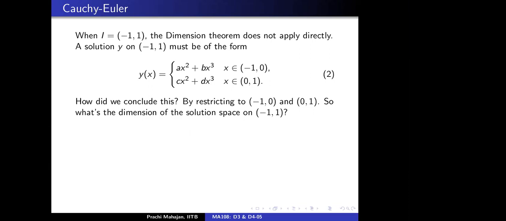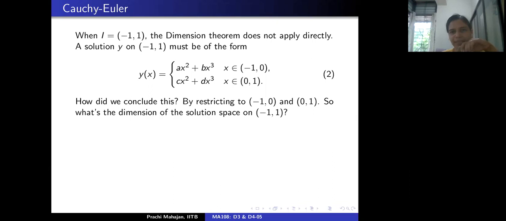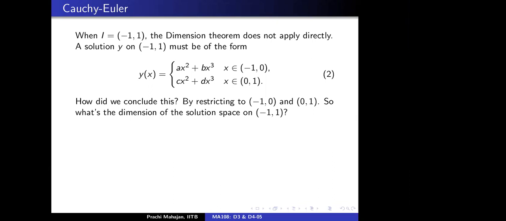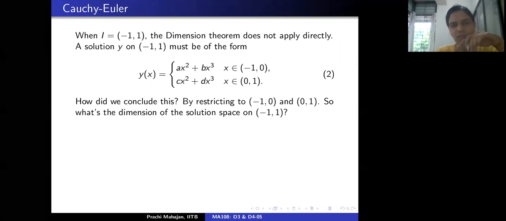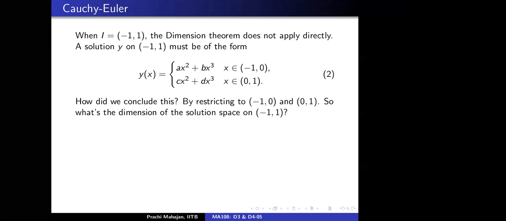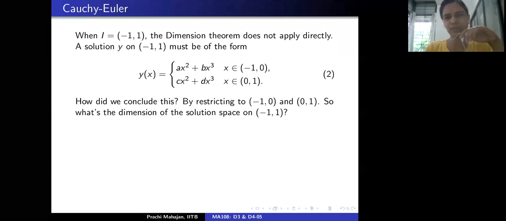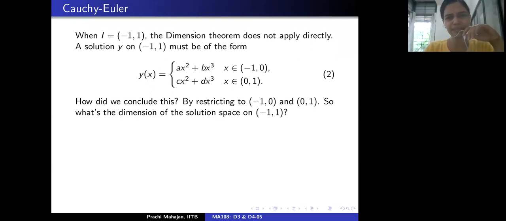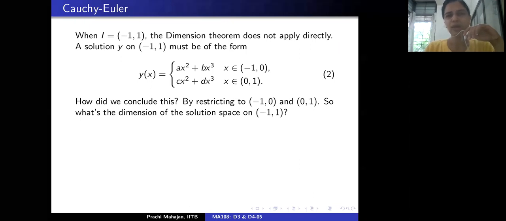Okay. Would anybody else like to say something? Ma'am, we can just write ax square plus bx cube plus some constant k times (cx square plus dx cube). I think that would also work. Yeah, that's much the same as your friend is suggesting, right? It's the same, isn't it? More or less.